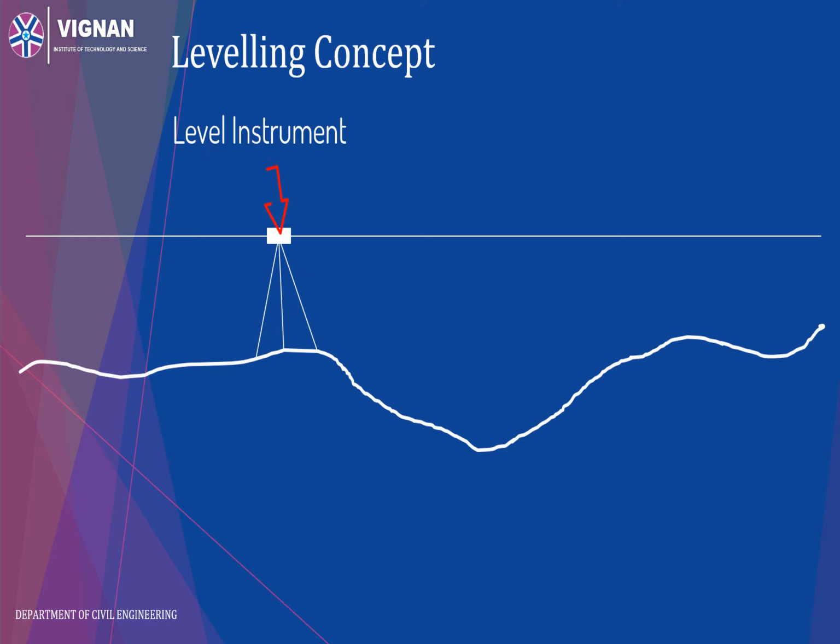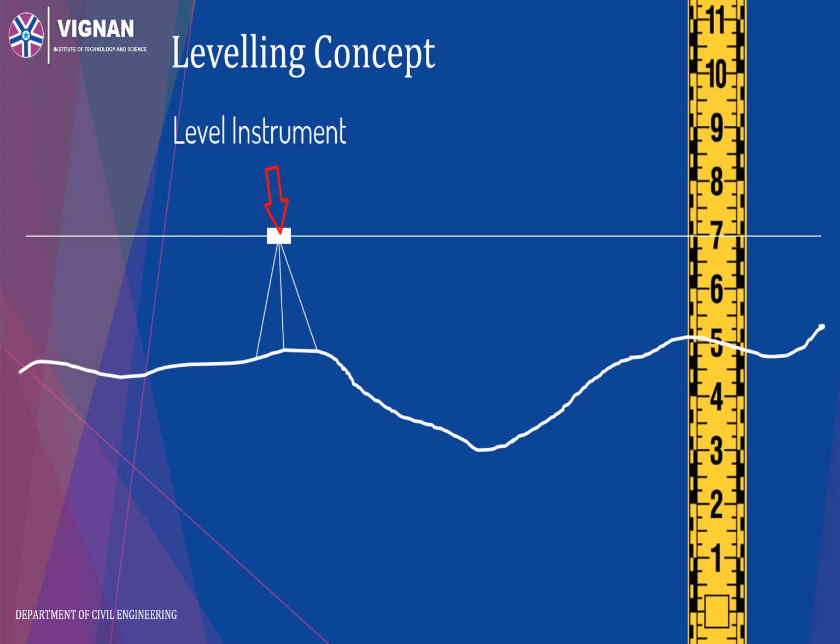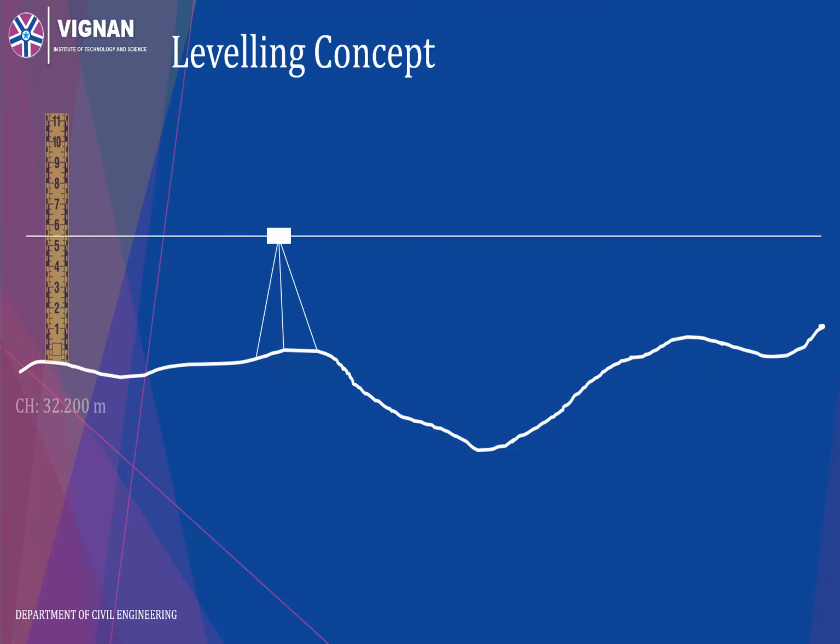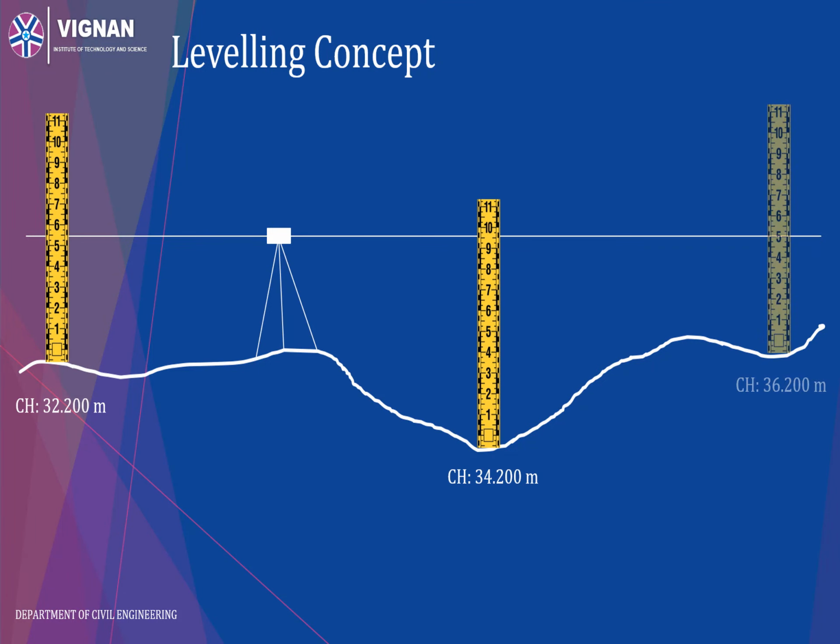If you have an instrument with a level line, and if you can insert a scale at the ground positions wherever you would like to calculate the level difference, then the job will become easier, and that is our objective too. So the basic concept is, first, the surveyor should have a level surface such as shown in the figure, which is established using an instrument. The scale which you see here is called a leveling staff.